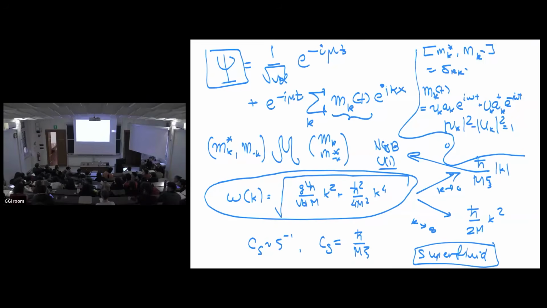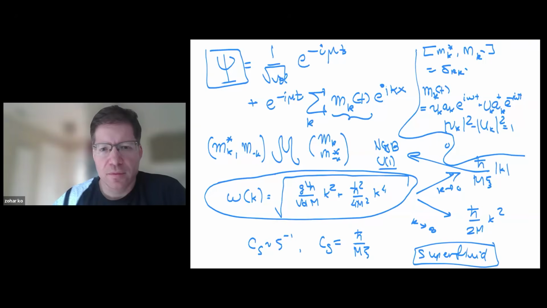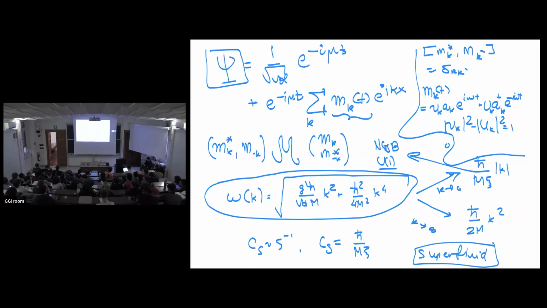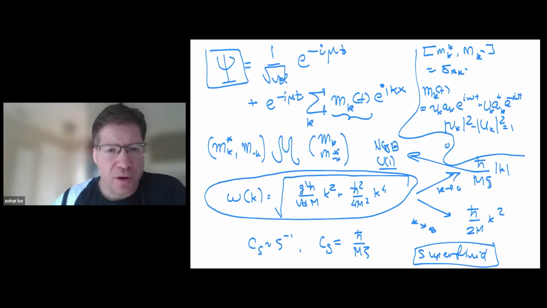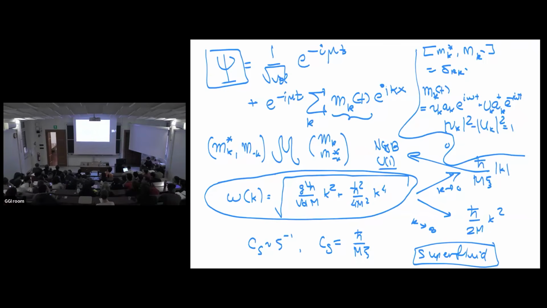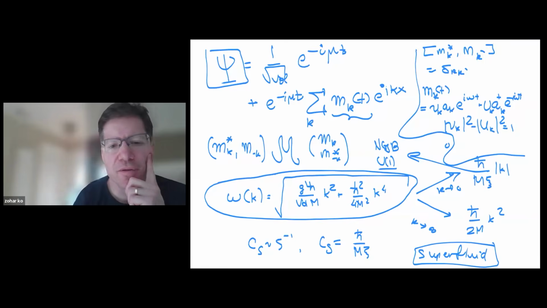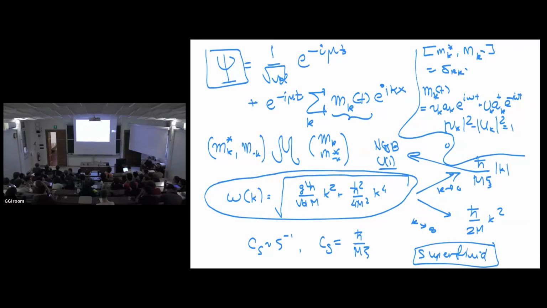Are there any questions now? I have a question. Yes. To get the excitations around the ground state, the ground state we have is e to the power of minus i mu t divided by the root of volume. Could we do a Taylor expansion around the coordinates to get the first excitations? A Taylor expansion around where? Around the coordinates? What do you mean, Taylor expansion around the coordinates? Could you explain? I mean around a fixed value, like t around a fixed value t naught.